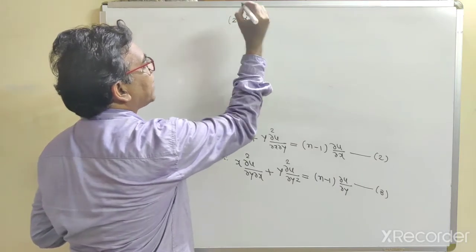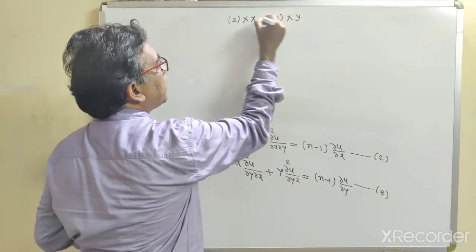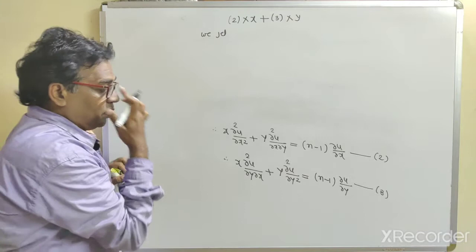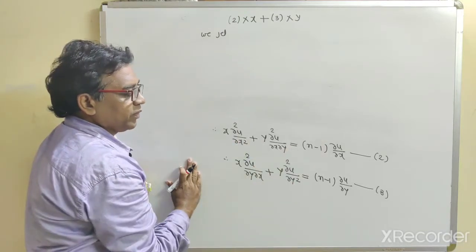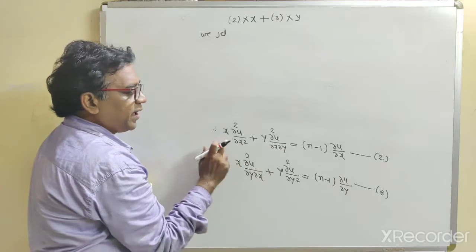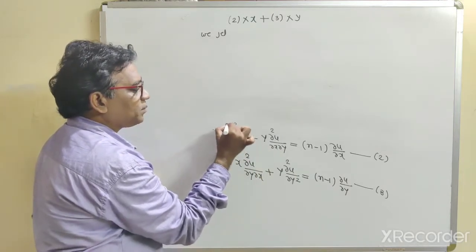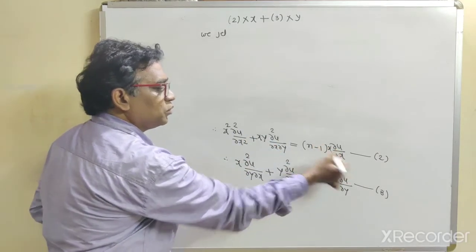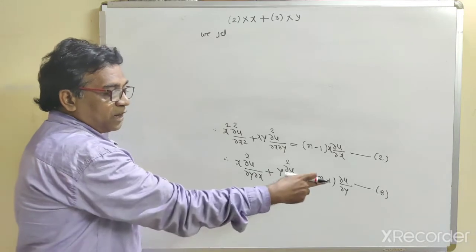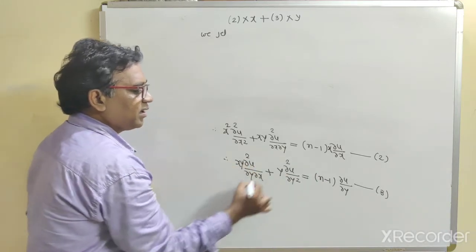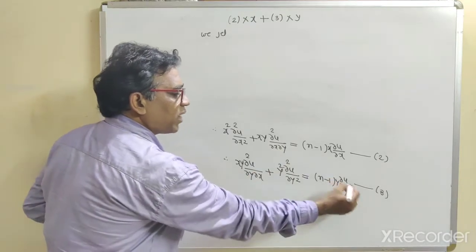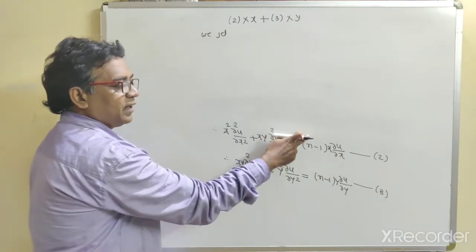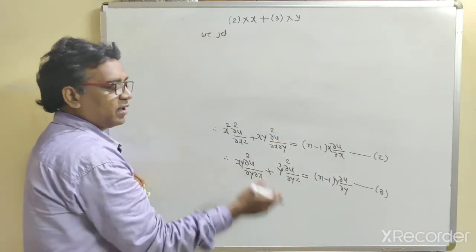Multiply second equation by x, third equation by y and take their addition. So write down, we get. Now see, this is our equation number 2. Now multiplying this equation 2 by x, if you multiply by x, that means this will be x square. Just multiply by x to both the terms. Multiply equation 3 by y, so this is xy, this will be y square, and this is y into del u by del y. So see, what is the next step? Multiply this second equation by x, multiply third equation by y and take their addition.